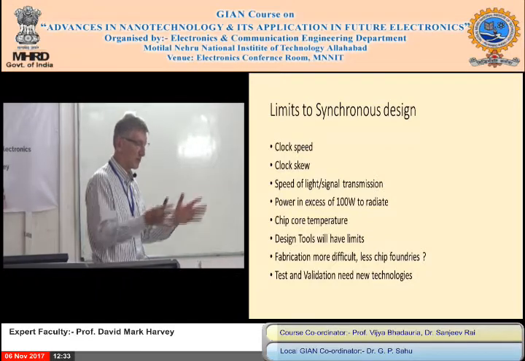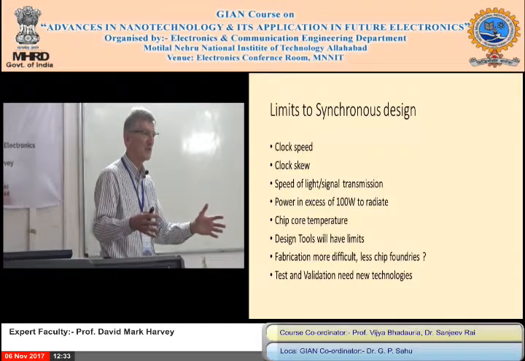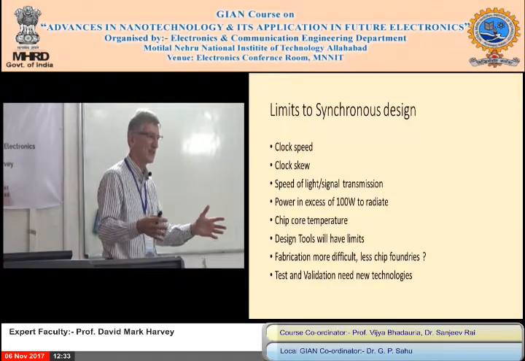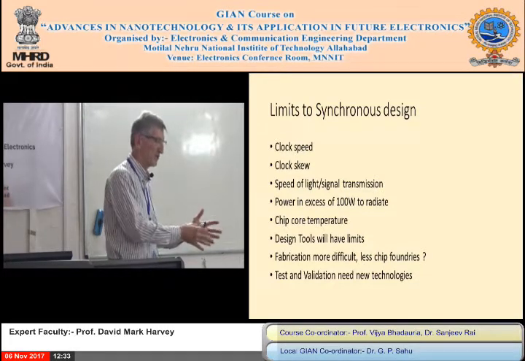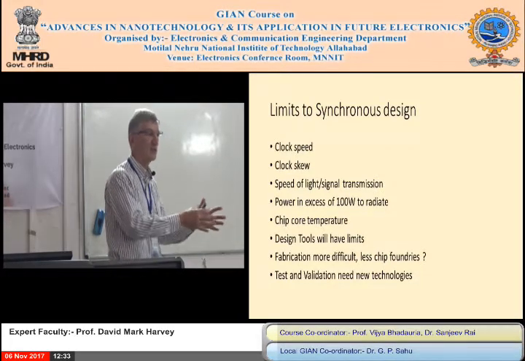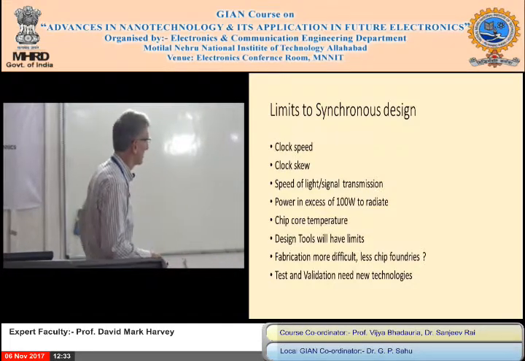And you really will have to break the problem down into smaller parts. You can't design 10 billion transistors in one design. I don't think a simulator could simulate it. Just need to break it down so the simulation doesn't take too long and you can do the design. So it's partition design, I'd say, is how we would do it.